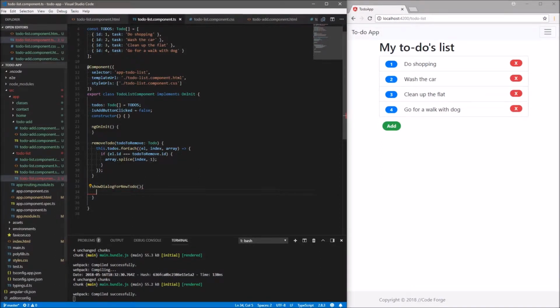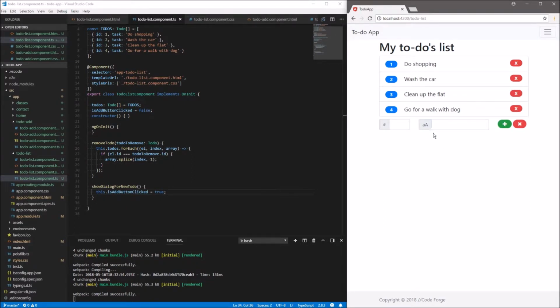Every time we click the button, we want to set the isAddButtonClicked variable to true. And now if we save it and we click the add button, the form appears. But now we have to handle the situation when we want to close this form. It will be much harder because we have to modify the isAddButtonClicked variable from the child component, and this